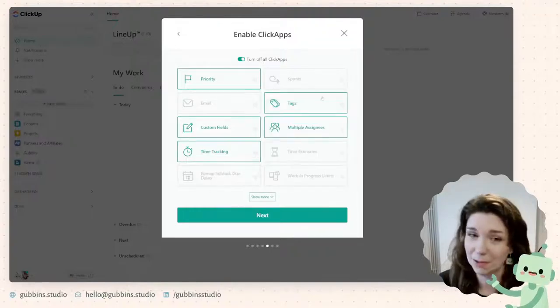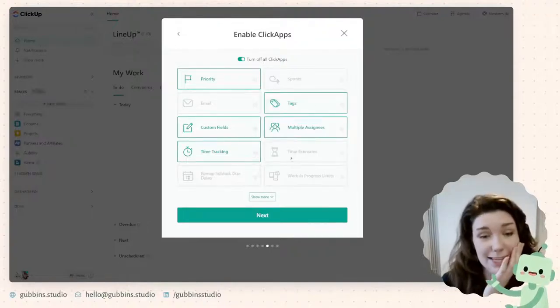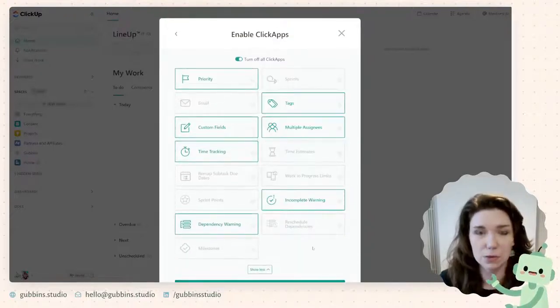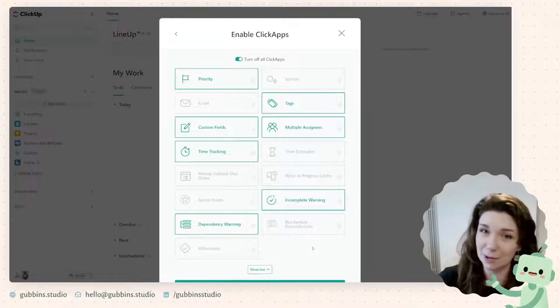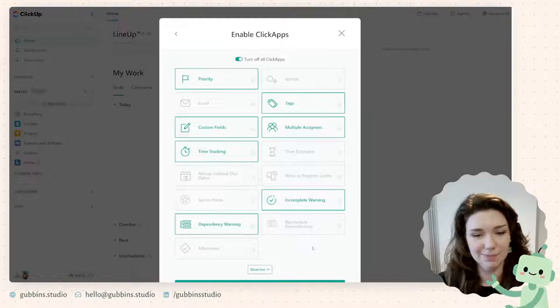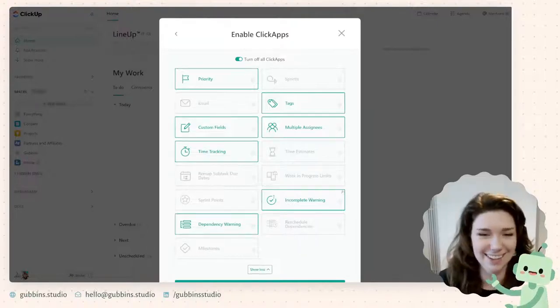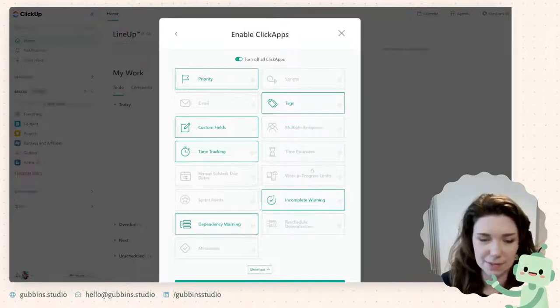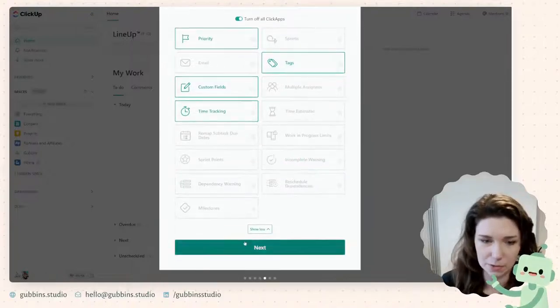Again, here, loads of different options for being able to set up things for your team. But as an individual, I should also mention that this is the business plan for ClickUp. So I've already gotten the upgrades for this. Some things, if you are looking at the free version, might be locked. If they are, I'm sorry. Let's see, multiple assignees. If I was setting this up as an individual, I would not click multiple assignees. These not so much either. Time tracking is always good.